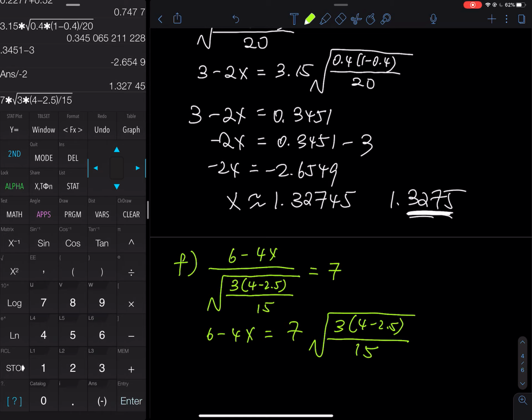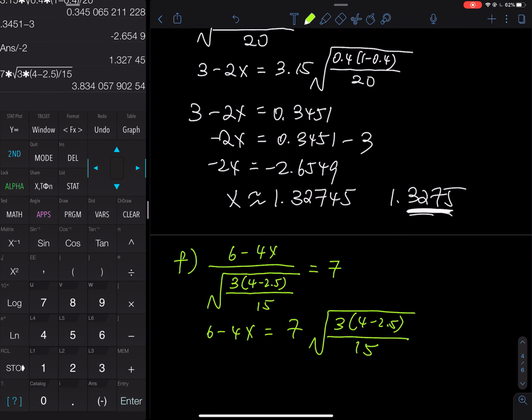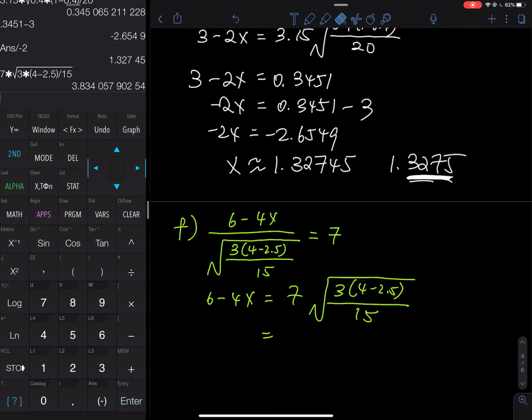Could you please check your close parenthesis? If the close parenthesis is not there, then this will be a huge mistake because it will do 2.5 divided by 15 first, take 4 minus that, and then do the multiplication, which is a mistake. So this one we have around